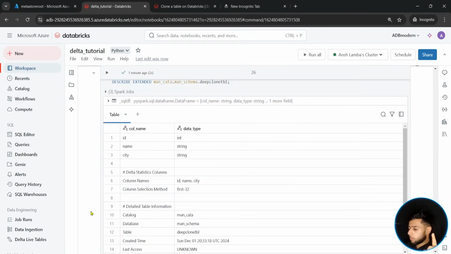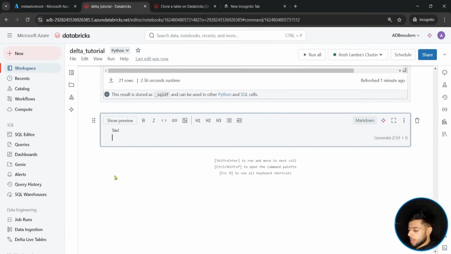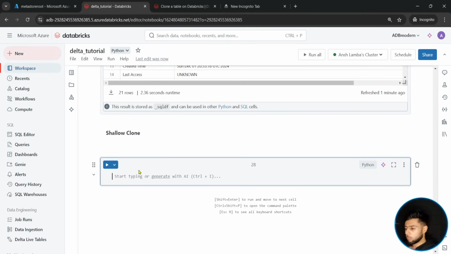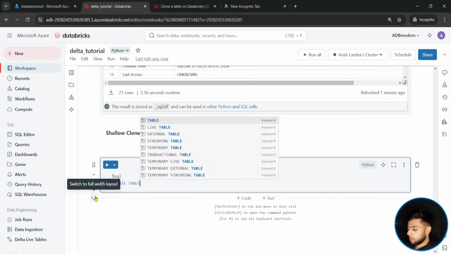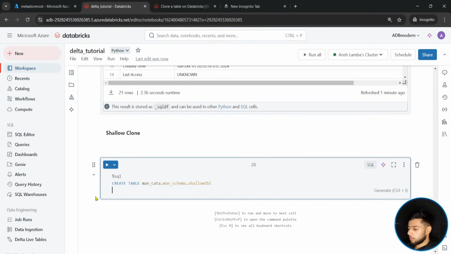Okay, so this is deep clone. Okay. So percentage MD, and now we can simply make it bold. We will simply say shallow clone. Simple, perfect. Now I will just create a shallow clone table. How can we create it? Create table man kata dot this, and we will call it shallow table. Perfect. And simply we will write shallow clone,